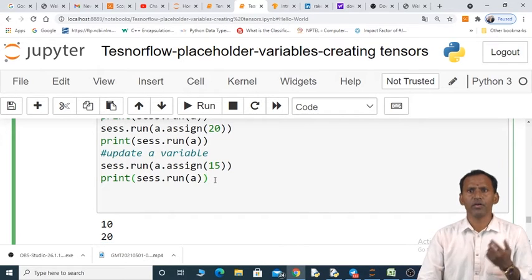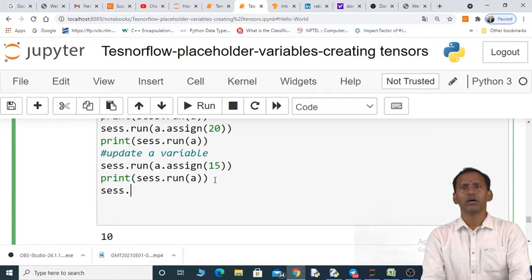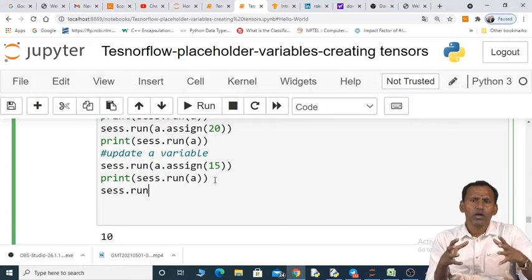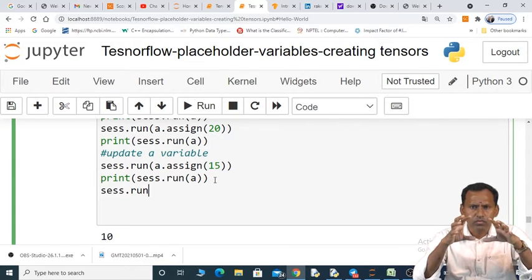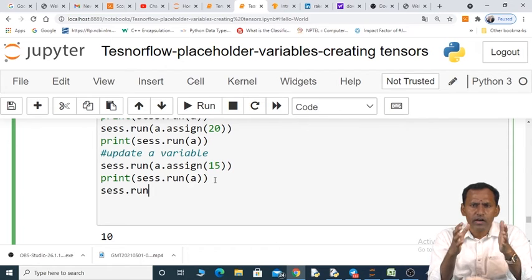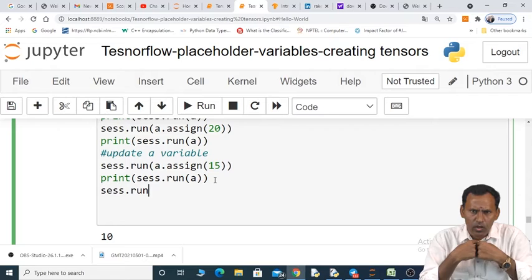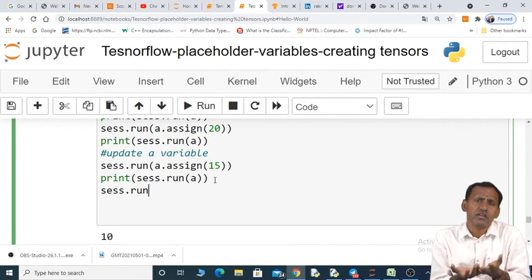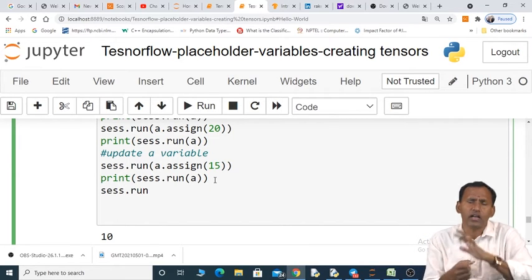Same thing here. If you want to update another variable b, again we have to run it. We already discussed that TensorFlow core programming is divided into two discrete categories. First of all, we have to create a computational graph, then later we have to run the computational graph. To run the computational graph, we have to use the run method.